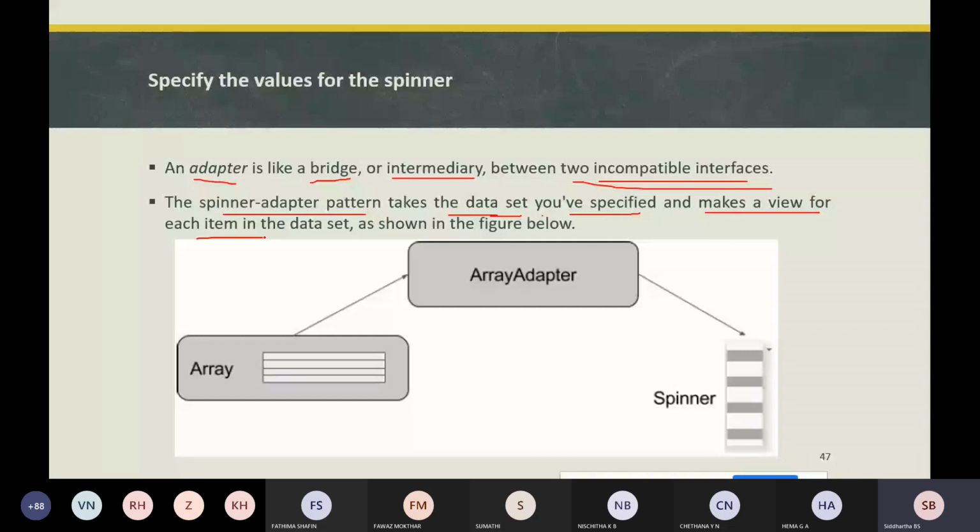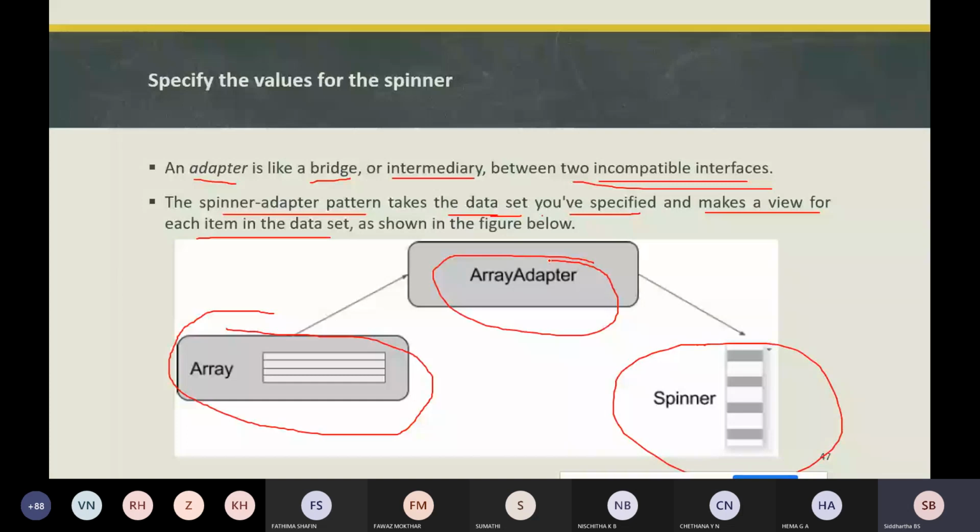Whatever data we have taken in an array should be displayed on the spinner through the array adapter. The array adapter returns a view for each object in the collection of data objects. So for each object in the collection of data objects we have provided, it is going to return a view.